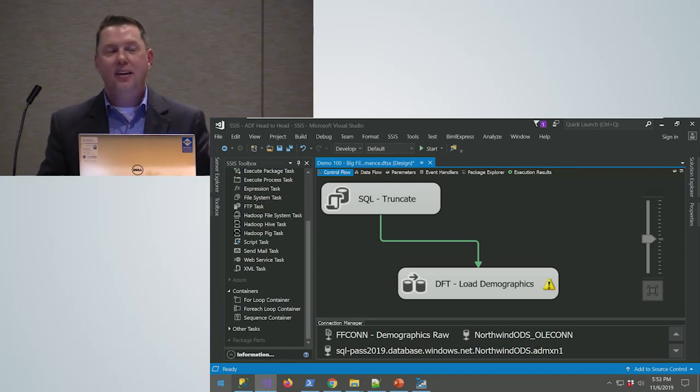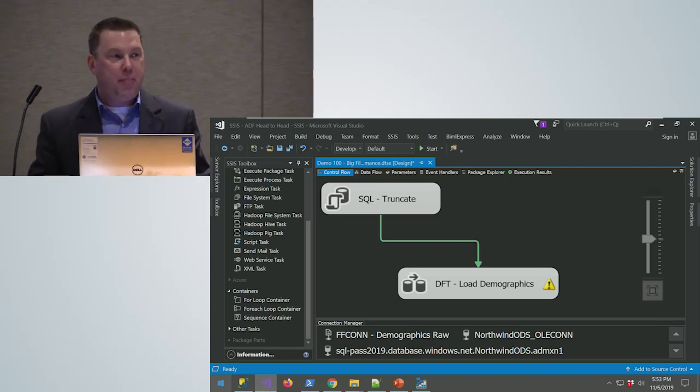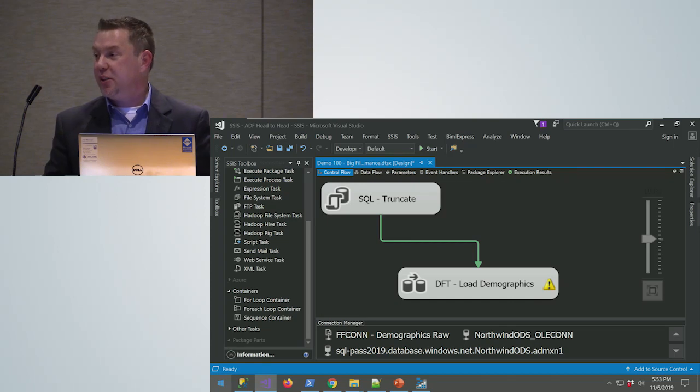I will tell you that in the time that I've used expression language in ADF, it's still a little foreign to me because I've used SSIS expression language so long, and I've learned warts and all. I've learned its shortcomings. But it looks to be a better written language, so I think in the end we'll be happier with the ADF expression language, but it is something new that you'll have to learn.